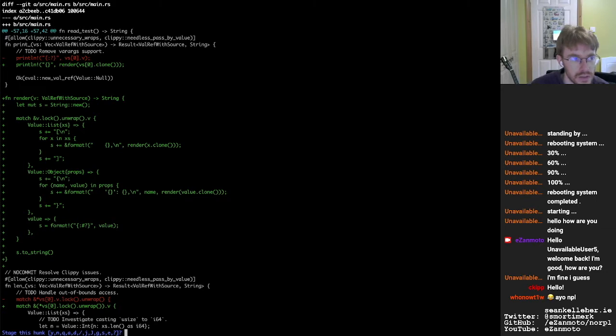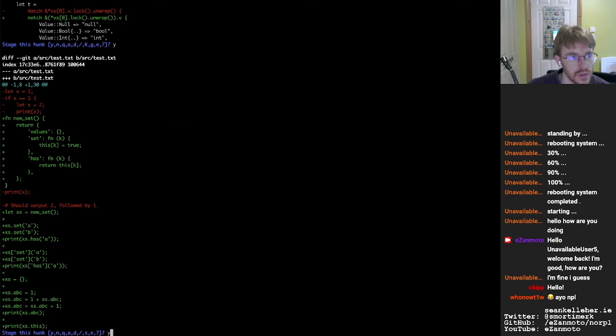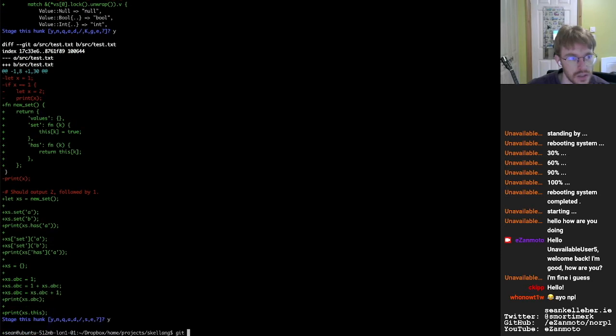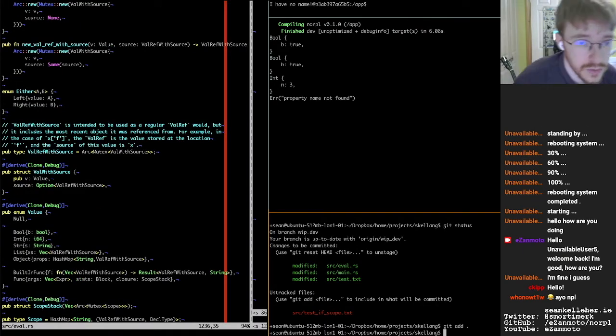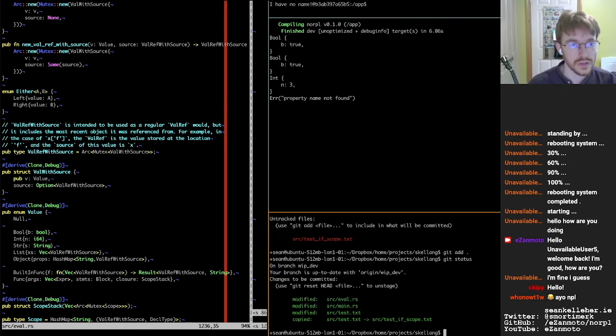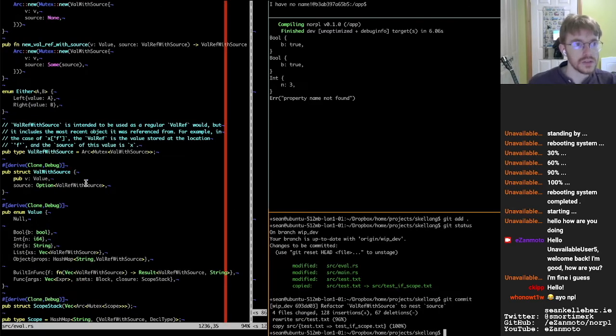Yeah, and that changed to render. That test changed, and yeah, I added a new file. Whew. So let's see. So that's all done. Finally, git commit: refactor ValRefWithSource to nest source. Cool. So with that done,